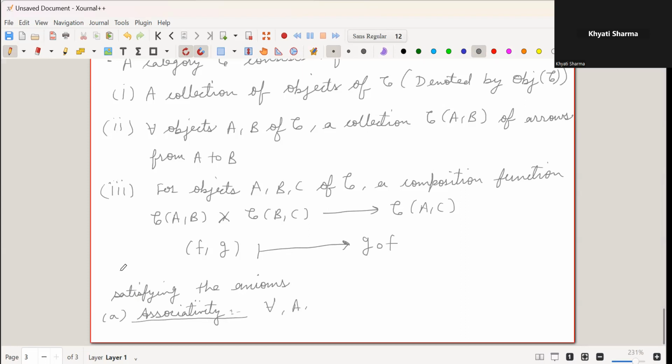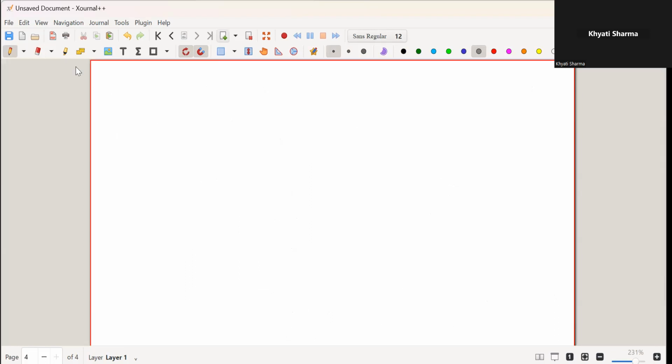So for all A, B, C, and D objects of C, you have associativity in terms of their maps. f is an arrow from A to B, g is an arrow from B to C, h is an arrow from C to D, then for all such triples we have the following: h composed with g composed with f is the same as h composed with g composed with f, with the grouping changed,